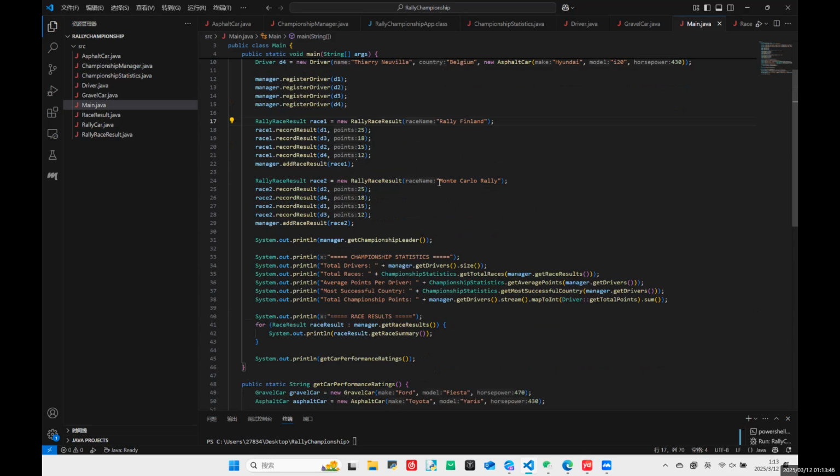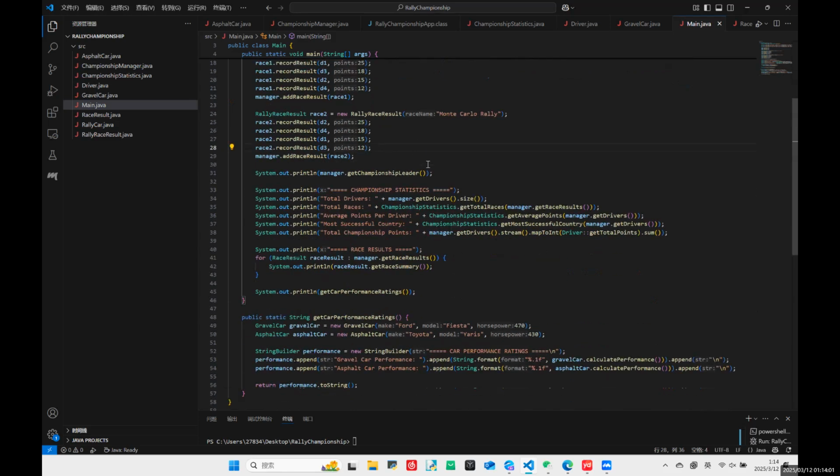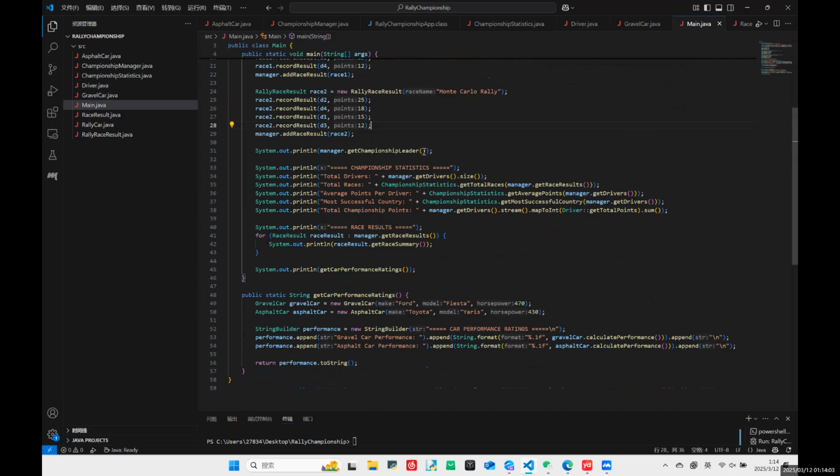These are the two race names, and following these races, the results are recorded using the record results method. For each driver, we add a race result to add the result to the championship. The program outputs the current championship leader using the get championship leader